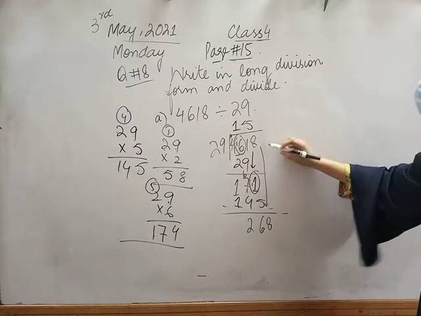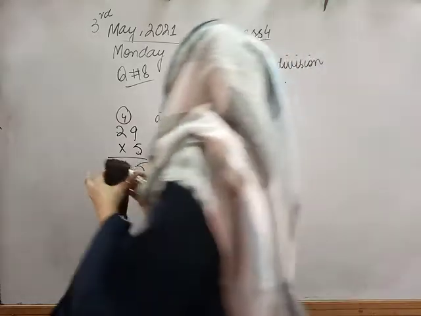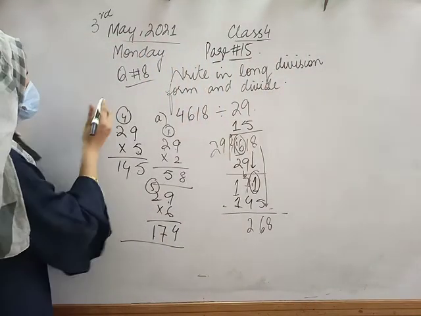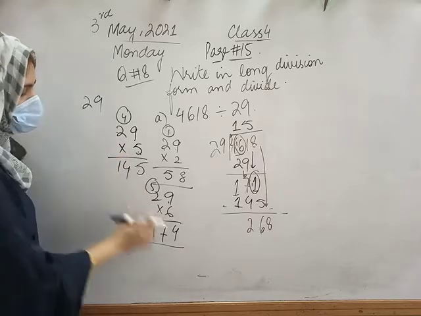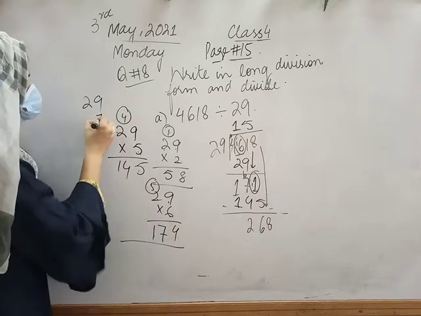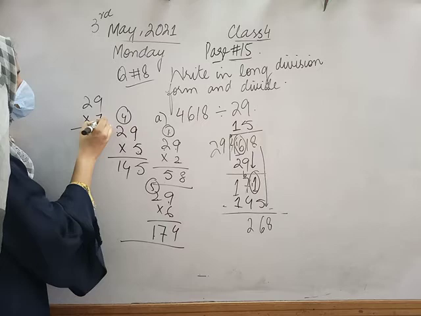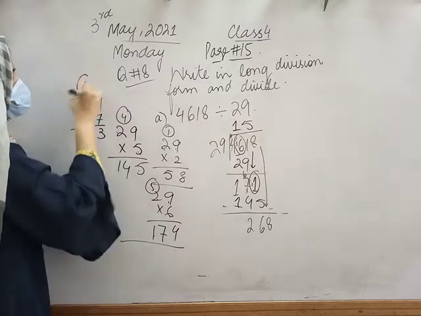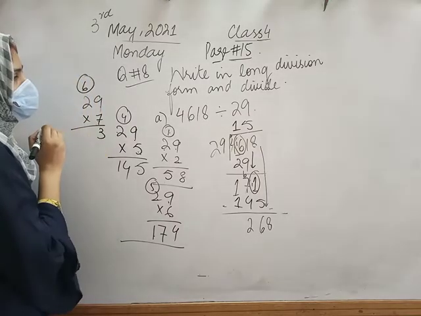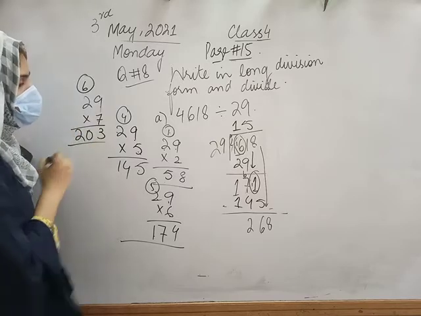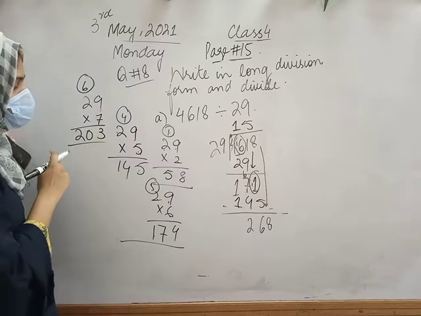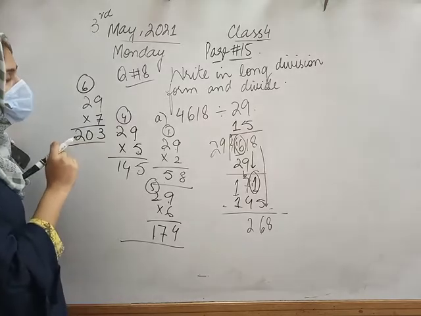Okay. Now we will read the table of 29. अब हमने कहाँ तक किया था? 6 times तो किया था which is 174. 7 times करके देख लेते हैं. 7 9 times 63. 6 carry. 7 2 times 14 and 14 में जब 6 ऐड करेंगे we get 20. 203 which is quite nearer to 268.